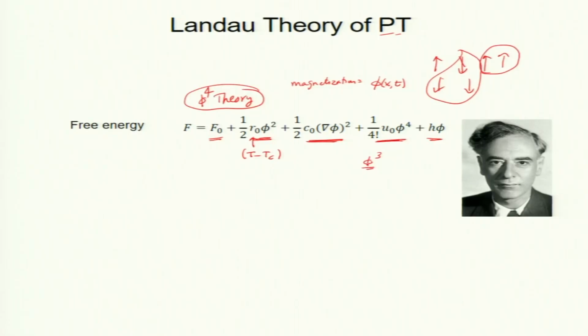So, that is why all odd order terms are not included, because phi cube will change sign. So, it will decrease for minus and increase for plus. Okay. So, these are ruled out because the system has up-down symmetry. Okay. So, symmetry says the system must be of a certain form, and that is what is happening here. So, we keep only the leading order term, which is phi^4.